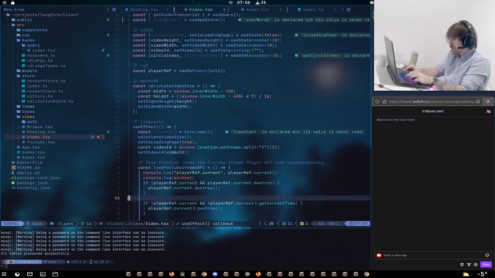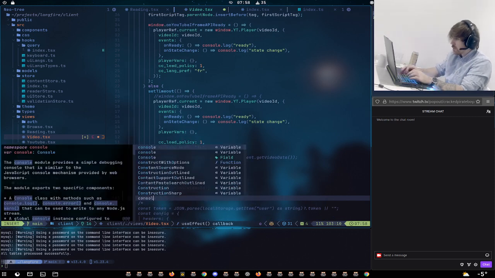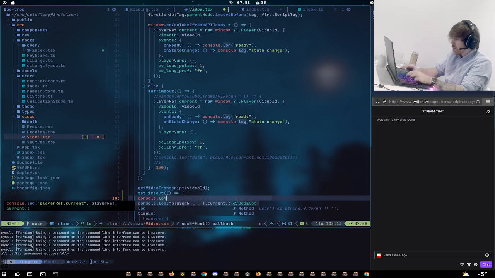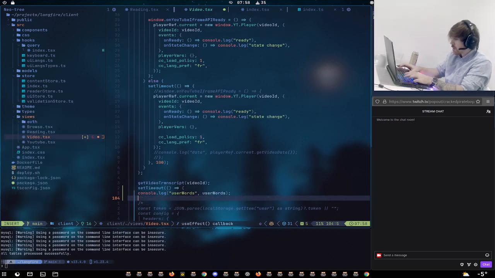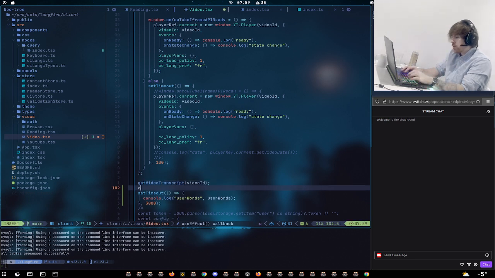And then I'm going to do it on a set timeout. Console log user words. Do it after 3 seconds, just to be clear that there's no delay on loading them. We can do it before that as well.